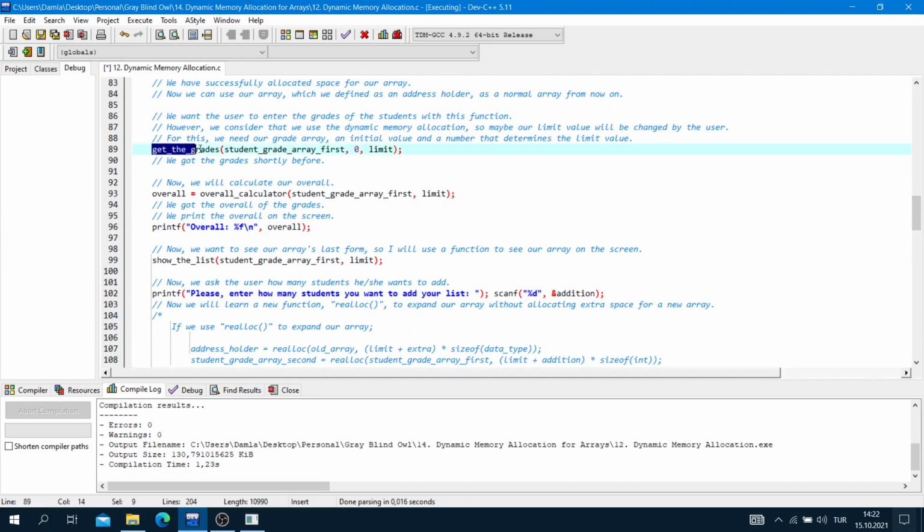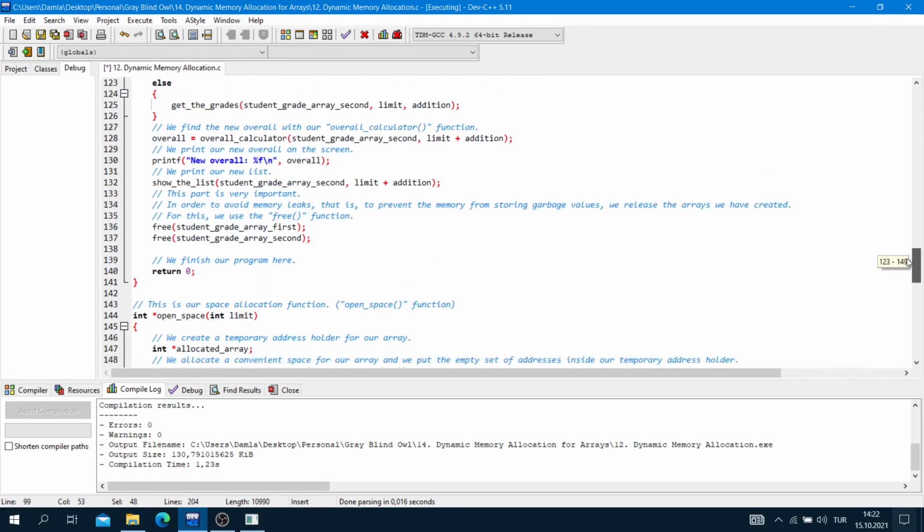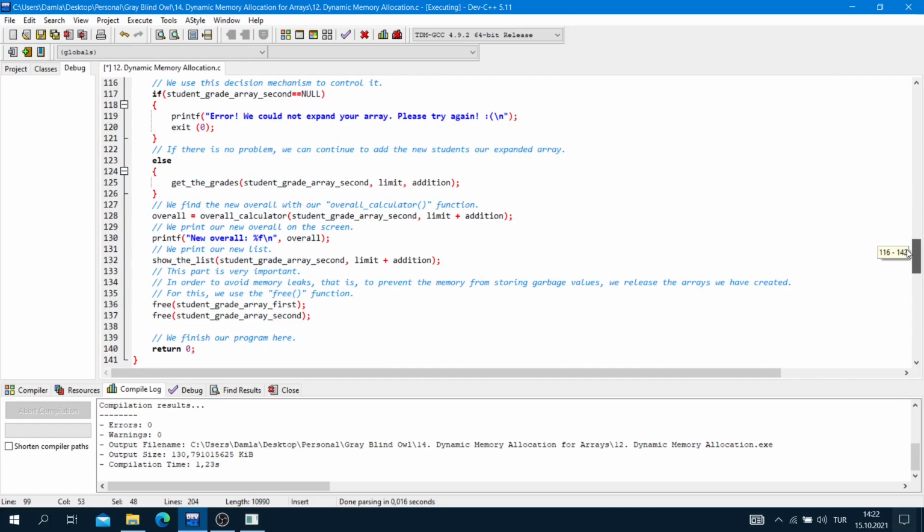Here, get the grades function, overall function, and show the list function. And okay, we find the new overall with our overall calculator function. As you can see, we send again student grade array second, and we send limit plus addition as a limit value, okay?